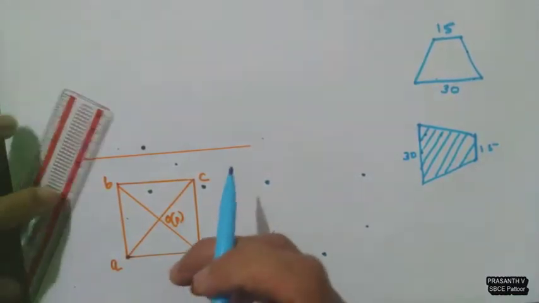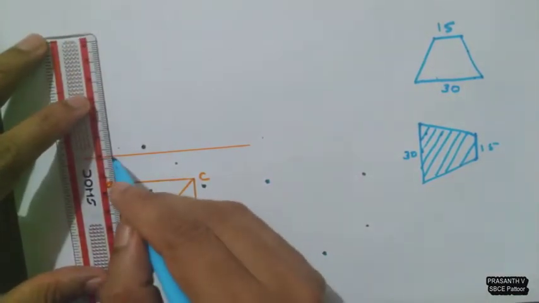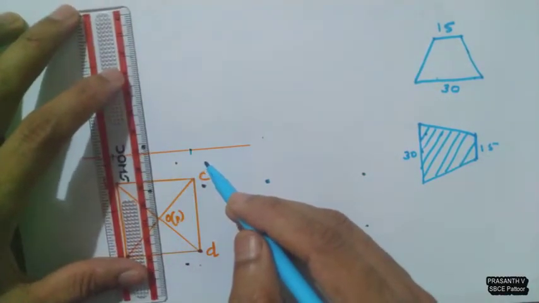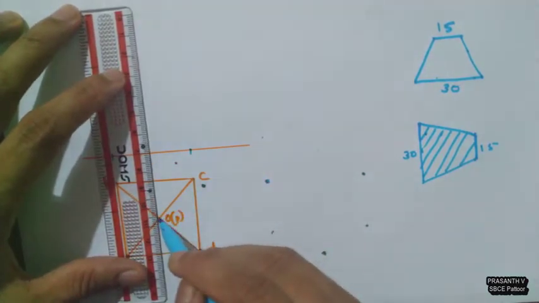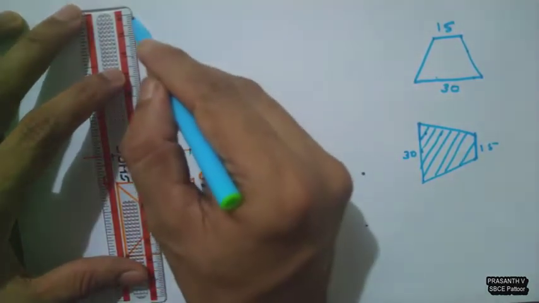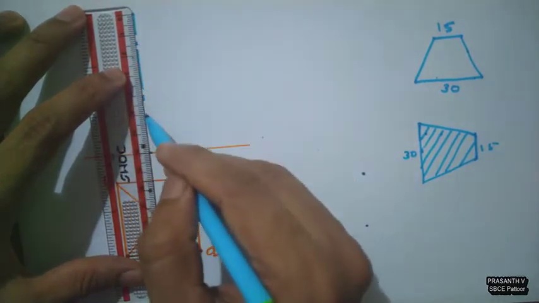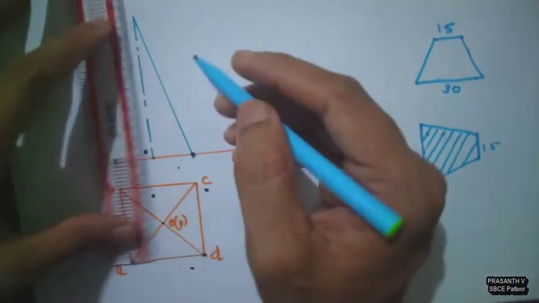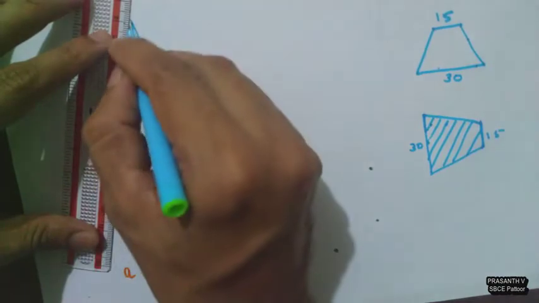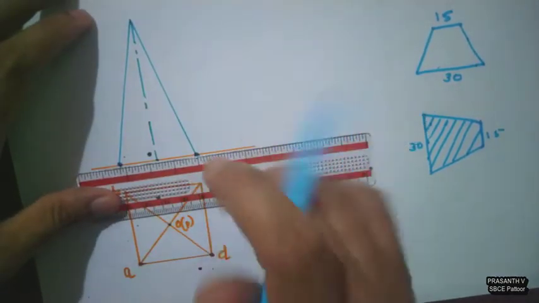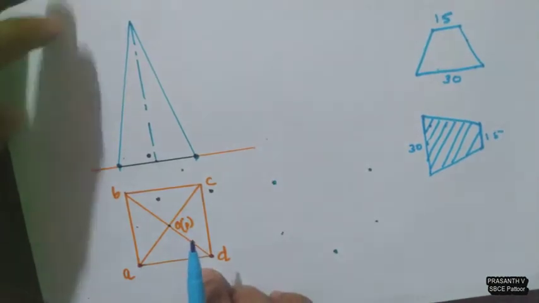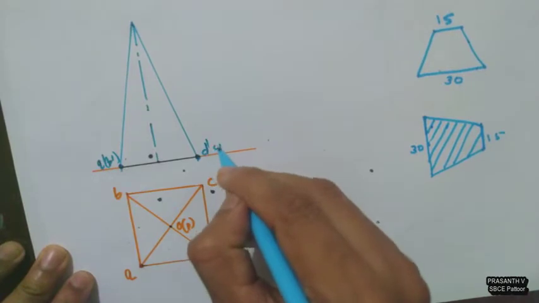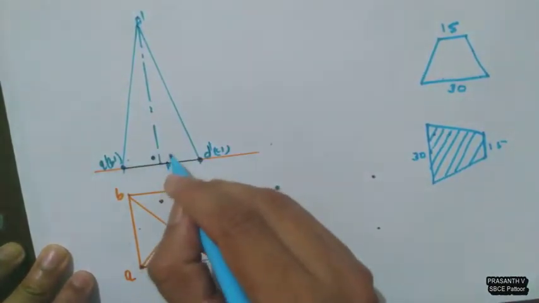Now just project the front view. The axis length is given as 70 mm, so you can draw this as a chain line and complete the front view. See, this is the top view. Here I got the front view. Name it P dash, D dash, C dash, O dash.